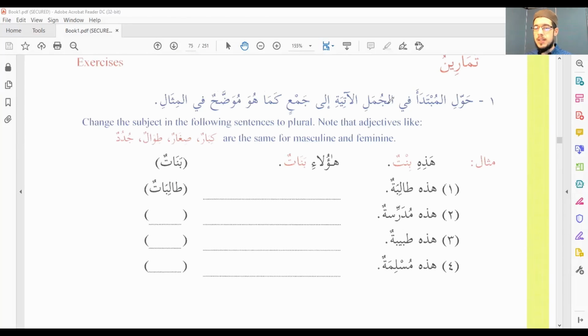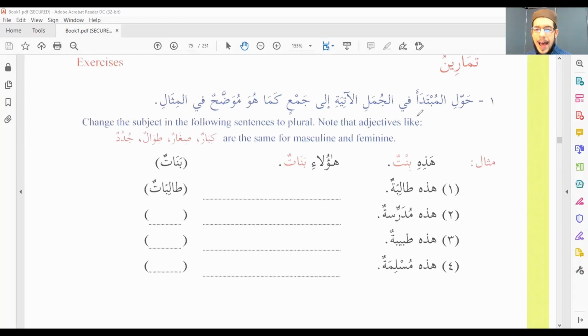في الجمل, jumal is the plural of jumlatun, which is the word for sentence. جمع is the word for plural. موضح is the ism maf'ul in form 2 verbs, mufa''al, etc., etc. So what you're going to do is